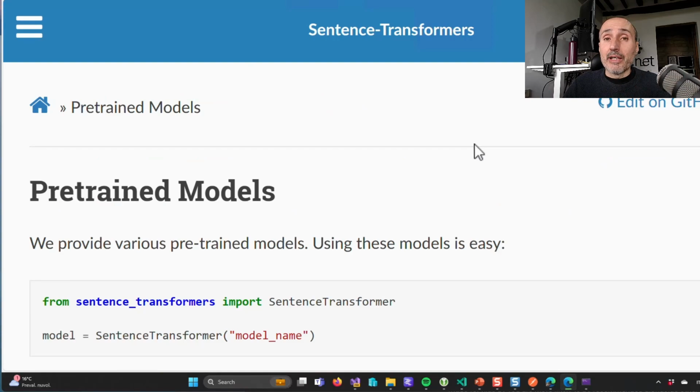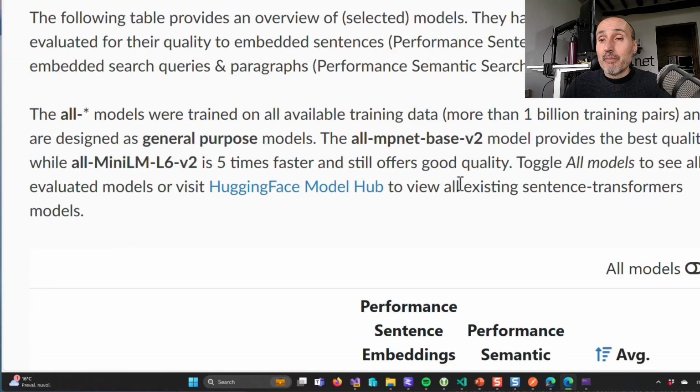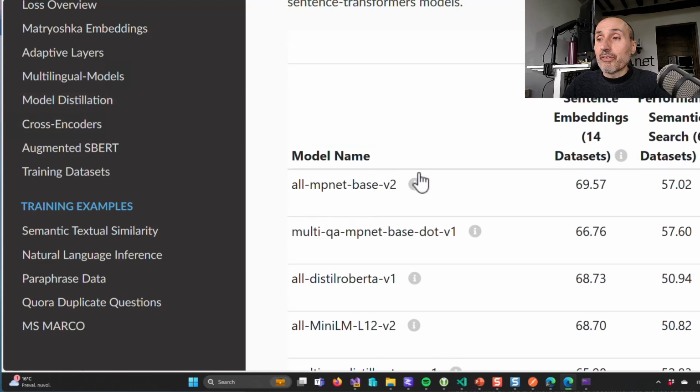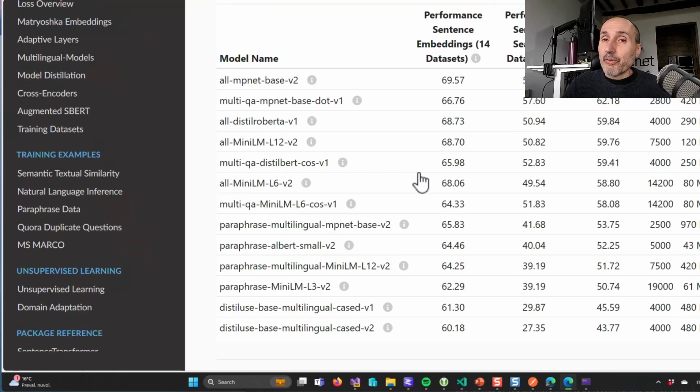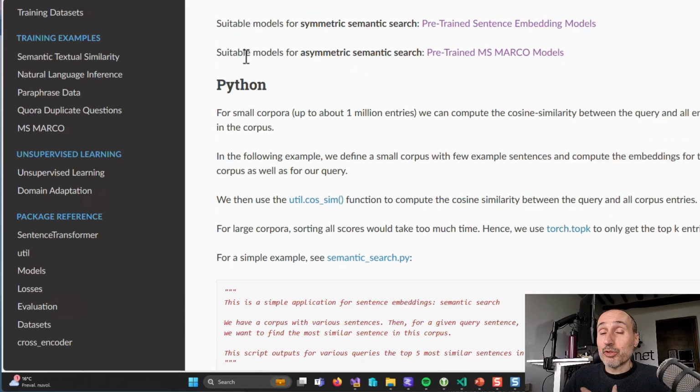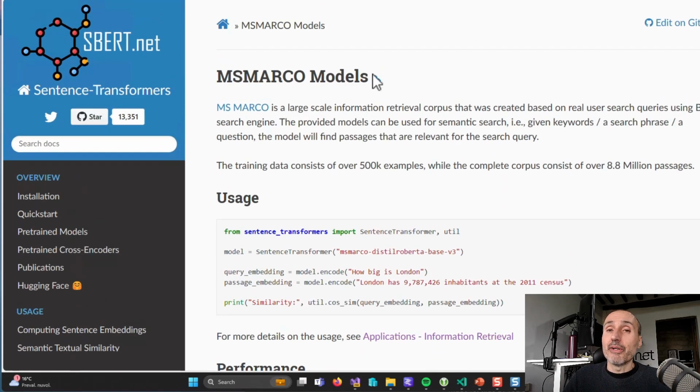As I showed you in the previous example, I used the all-MPNet-base-v2, and probably it's not the right choice because, as you know, in RAG I often have a short query versus a longer piece of text. You have all the documentation here, but this is probably not the model that is perfect for this scenario. So you can simply choose a suitable model for asymmetric semantic search, and there are models trained on MS